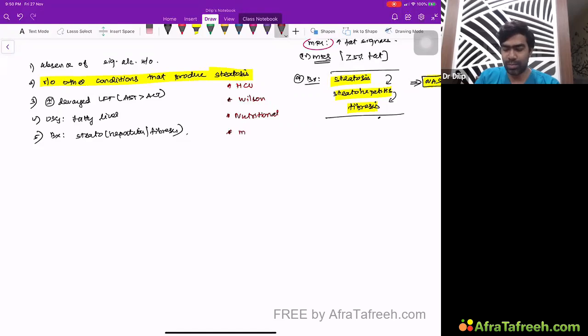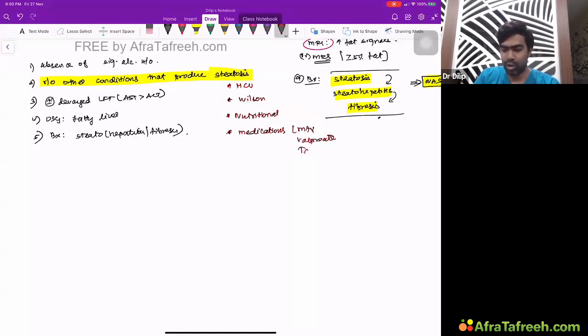Then you have to rule out certain medications that can produce steatosis, which is very important. For example, methotrexate, valproate. You can get it with tamoxifen, estrogens, amiodarone, and diltiazem, antiarrhythmic drugs. All these drugs can produce steatosis. In that, if you ask me what is the most important, that is valproate. Valproate causes liver injury by steatosis only and steatohepatitis only. That's why this is the most important. If you want to remember only one drug, remember valproate. Most of the time, this is what you will get in exam.